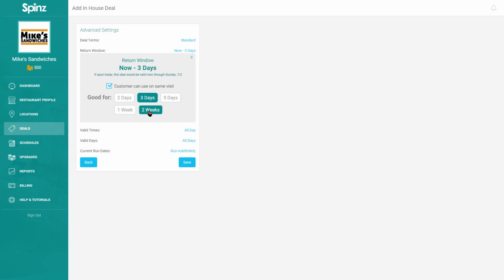Get them back in the door. This creates a sense of urgency. You can determine how much urgency you want by using this section right here. If you had provided an entree item, maybe a buy one get one offer or something really fantastic, you want to get them back in the door, then maybe setting it within up to 2 weeks is a pretty good